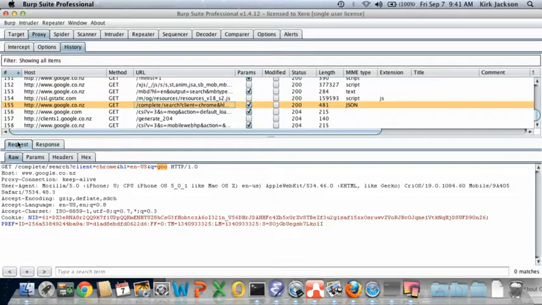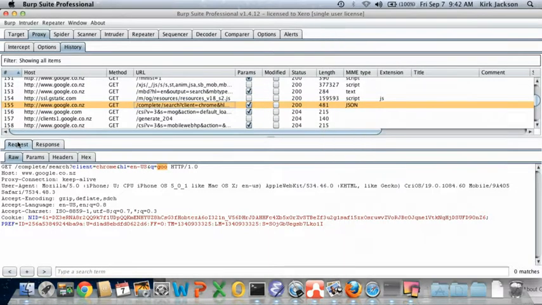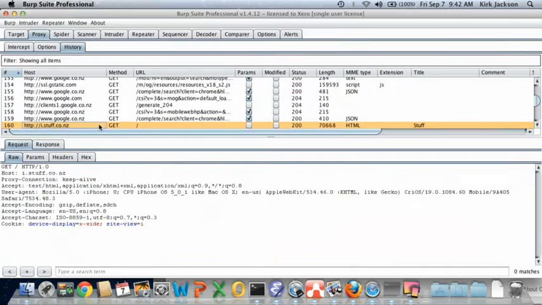And even slightly nastier, if I'm going to https://mybank.com or whatever, even though when I click go on my phone, that's going to be an encrypted connection, you can't see that, this autocomplete feature in the browser